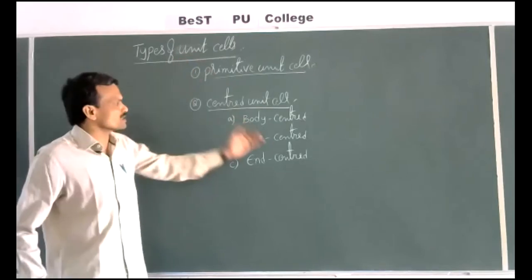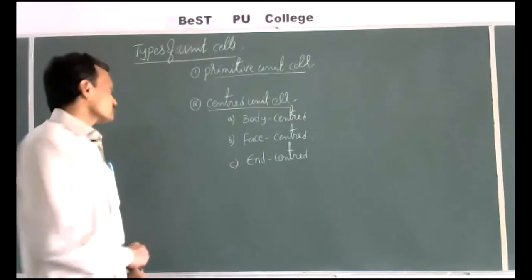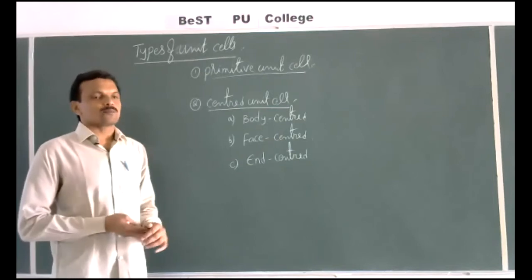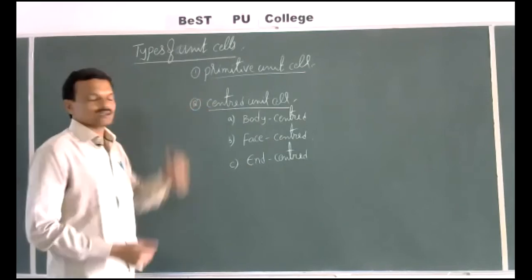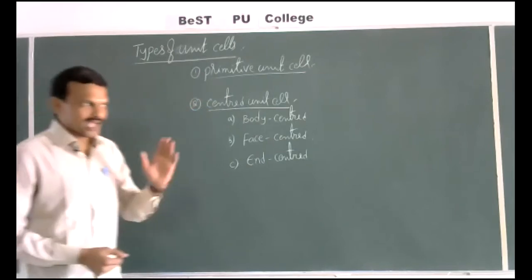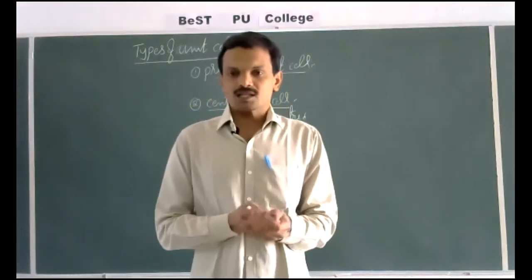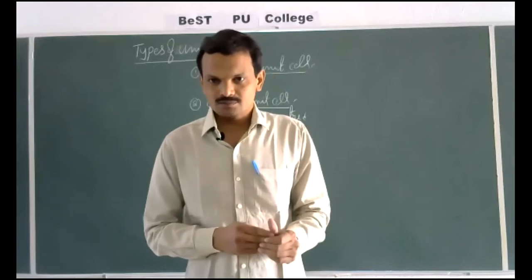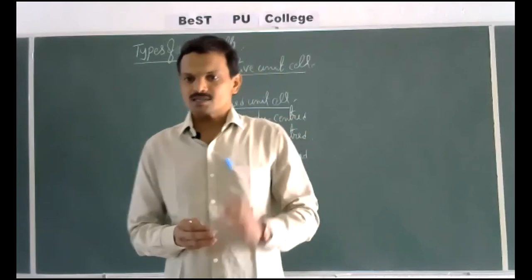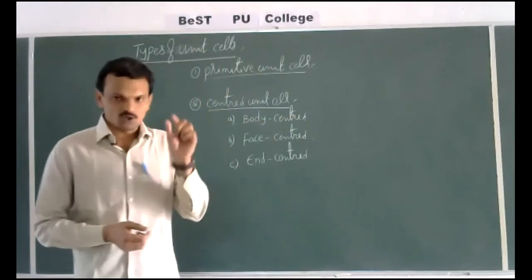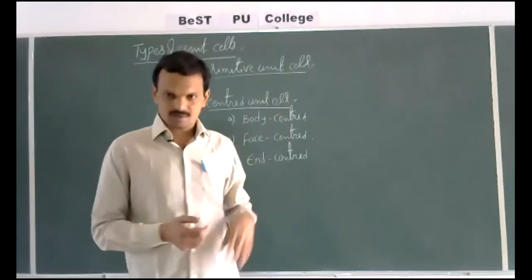Now, what are the different types of unit cells? First, we'll discuss that. Afterwards, we'll go for different types of crystal lattices. The unit cells are primarily classified into two types: primitive unit cell and centered unit cell. As per our syllabus, we'll discuss cubic systems only. As I told yesterday, there are 7 types of crystal systems, and these 7 crystal systems contain 14 types of lattices. In that, regarding the cubic system and the types of lattices of the cubic system, those we'll discuss as per our syllabus.